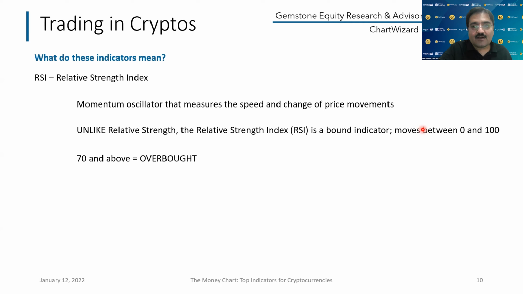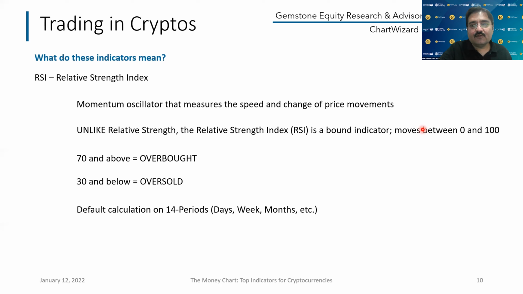Values of 70 and above are considered overbought, and values of 30 and below are considered oversold. And it's usually calculated over 14 periods. If you're using a daily chart, we can call it 14-day RSI. If you are plotting it on the weekly chart, we can call it 14-week RSI, and so on. I would suggest sticking to the default values while deploying these indicators. They can be changed if it suits your system, but we have been using the default value when it comes to dealing with the RSI.